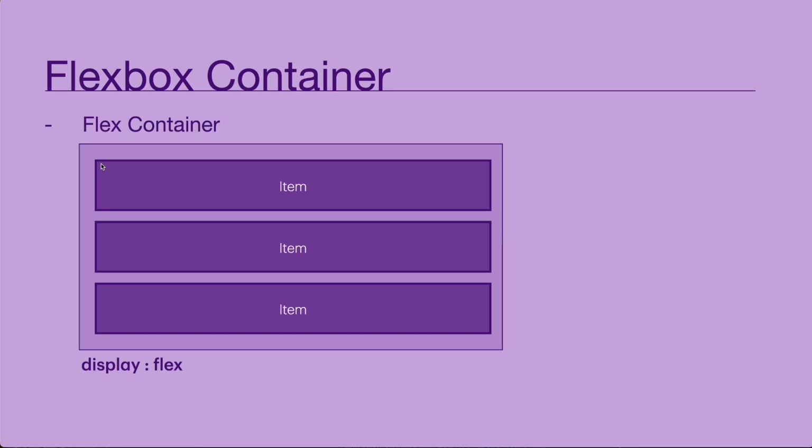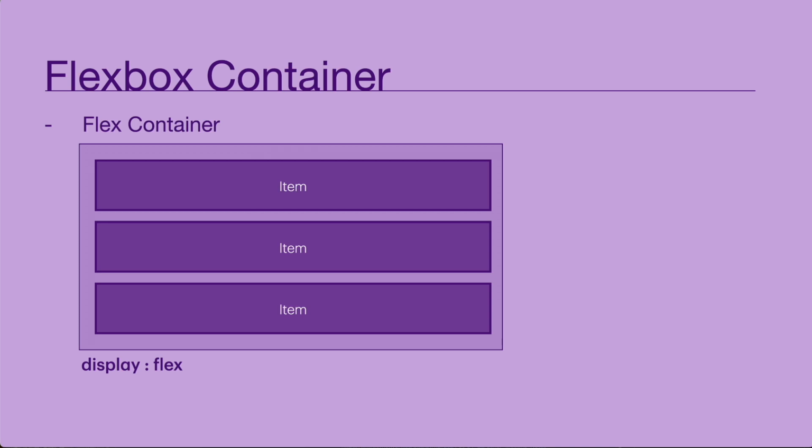As we discussed in the previous lessons, a flex container is an area of a document, or in other words, it's an HTML element that is laid out using the Flexbox. To create a Flexbox container, the only thing that we need to do is to set the display property of that element to flex. And when we do this, the direct children, which are these three items in this example,